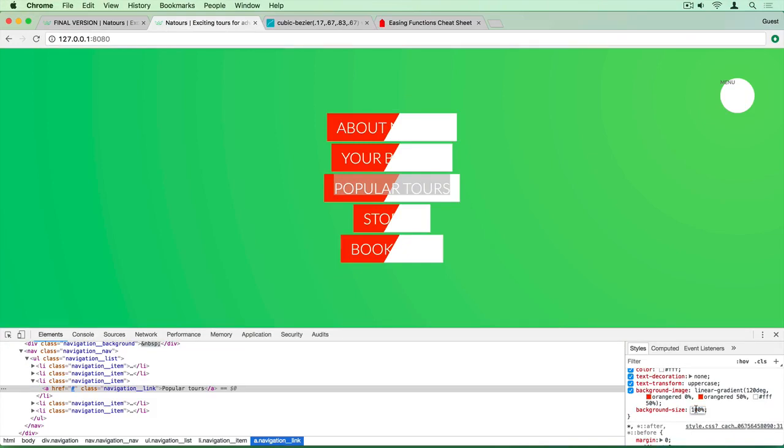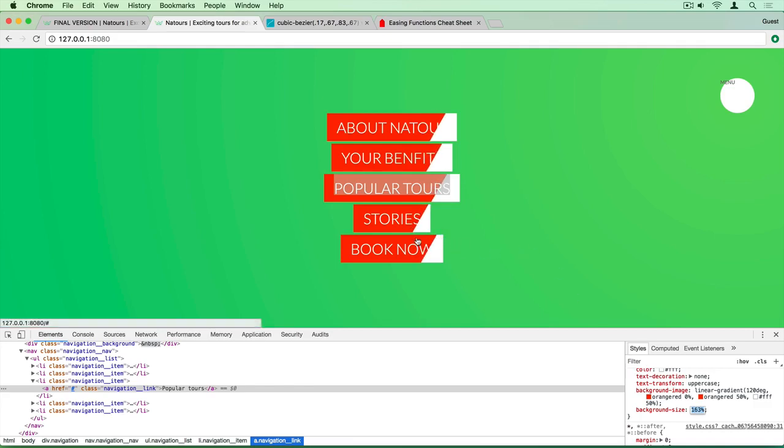You start with 100, and if we increase this, you see that the entire thing basically moves to the right side. That's because we're increasing the entire thing, but it's not visible because the box ends here. But you can imagine that now this entire background goes around this entire thing here, okay? And if we set this all the way to 200, which is double,